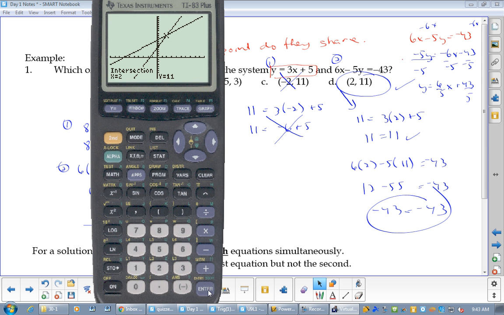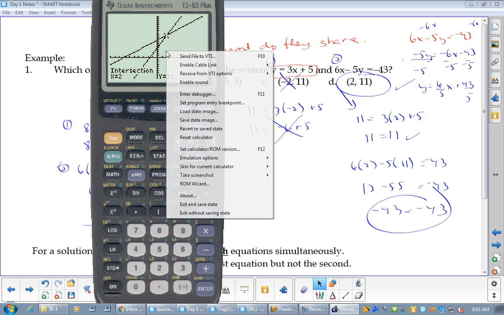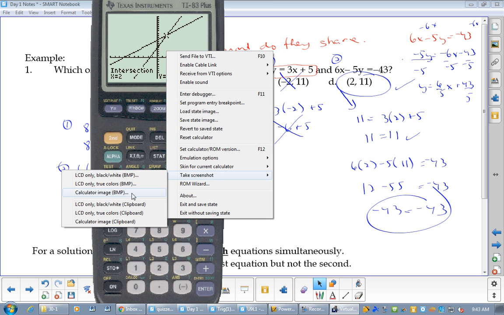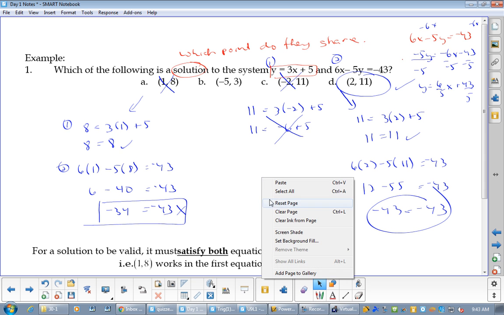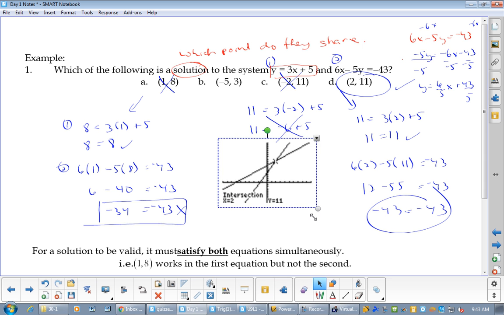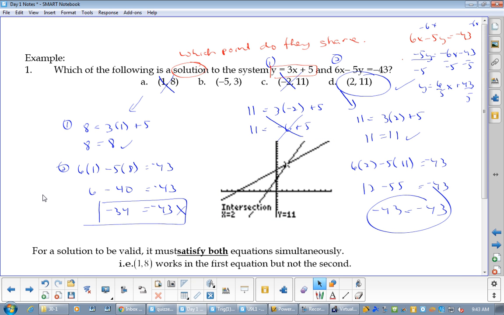Okay? So this is one of the first times that you're seeing the parallel between the picture and the math, the work, finding it out algebraically. That's the only point they share. When you have a system and you're actually looking for the solution for that system, what point do they share? Okay? Now, when it's 2 lines,